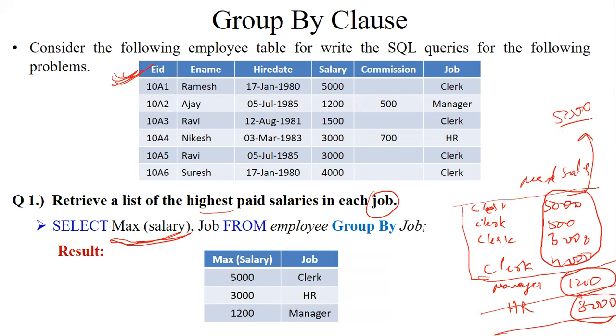Then these values will be fetched, and then according to this we have to fetch one row, we have grouped based on the job. So only one row, because all the data is common in it, then only clerk will be fetched. So here you can see according to the job, clerk value will come from here, and the maximum salary will come,